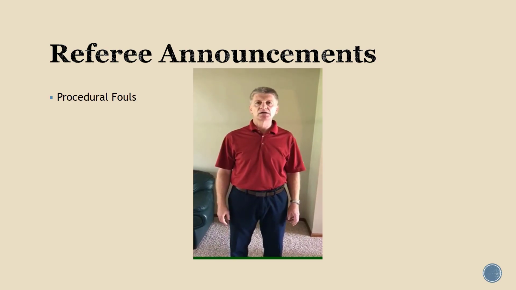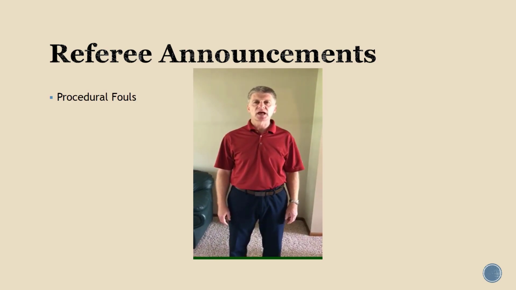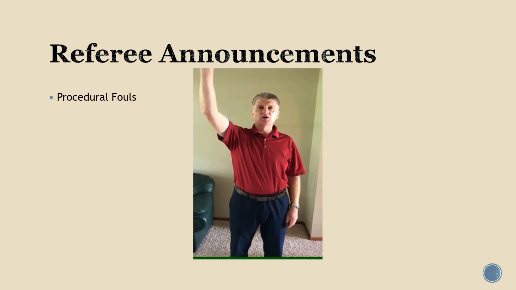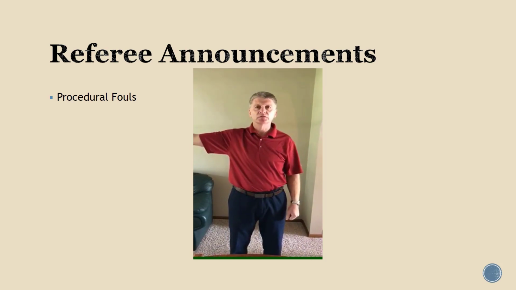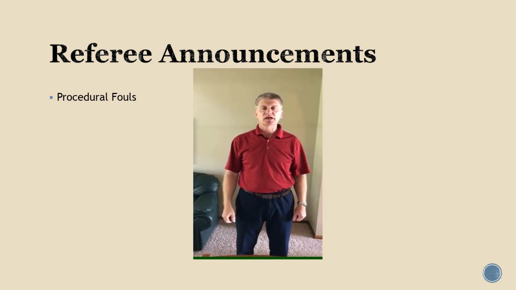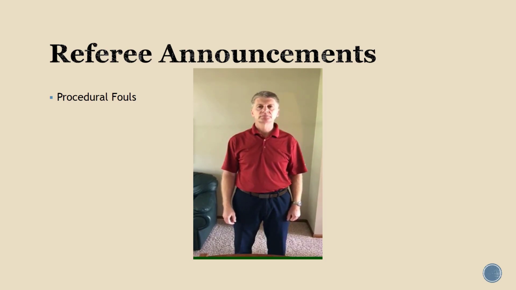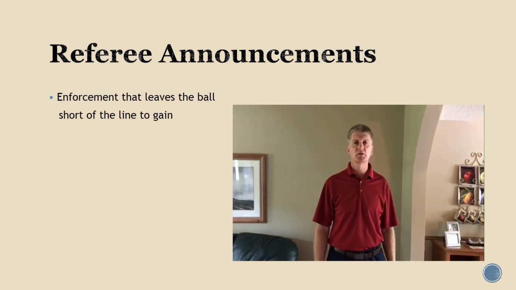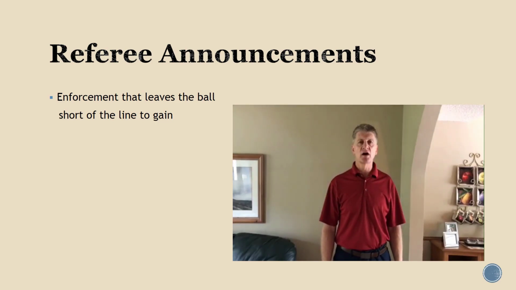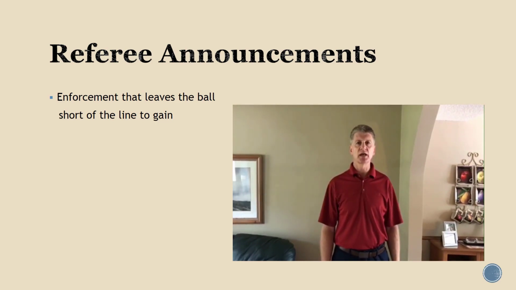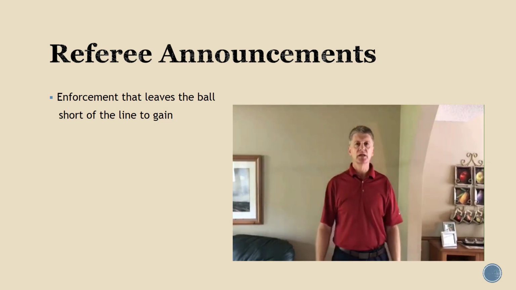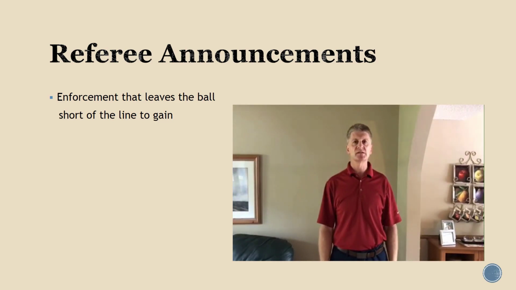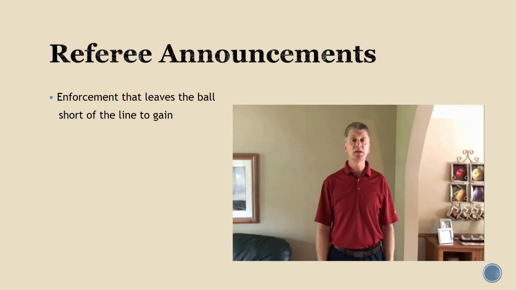If you have a foul, such as a false start before the snap, make sure you give the dead ball signal. So we would go dead ball foul, illegal procedure, offense, number 52. 5-yard penalty, second down. Here's an announcement for a foul that leaves the offense short of the line to gain. Holding, defense, number 53. 10-yard penalty, it remains second down, or repeat second down.